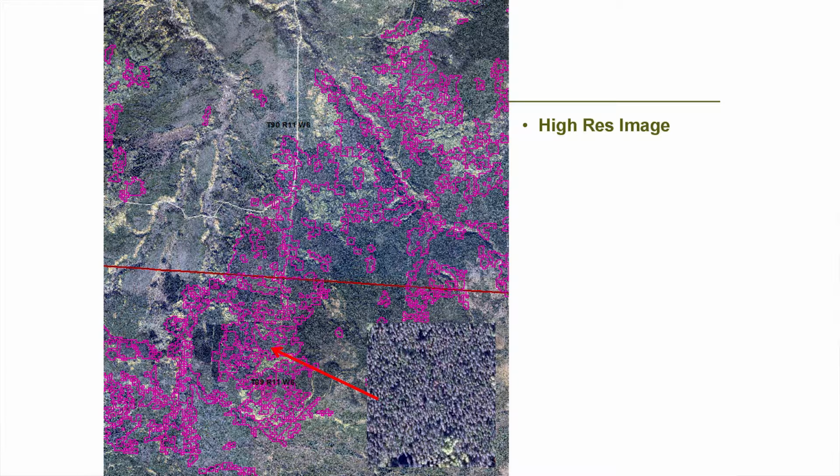So what we did is, this is just a screenshot of a high-res image. That inset down at the bottom right there, it's large. There's a lot of gray in there. This was the